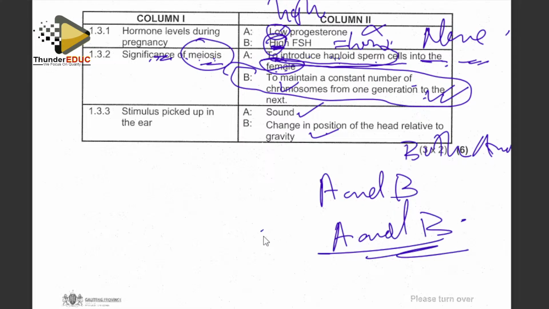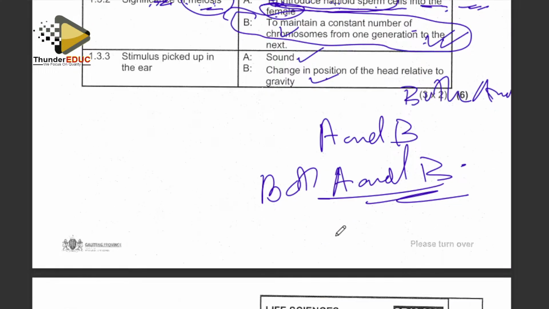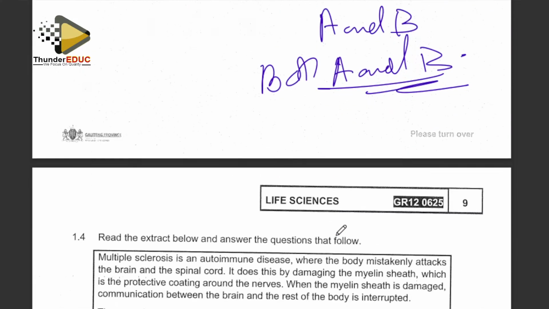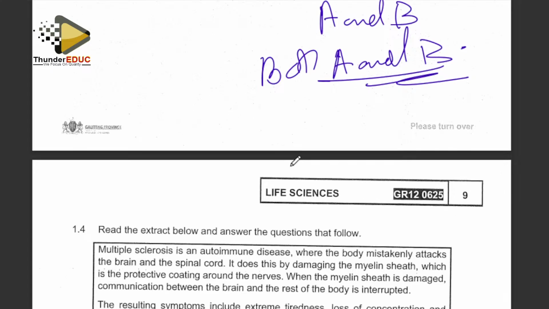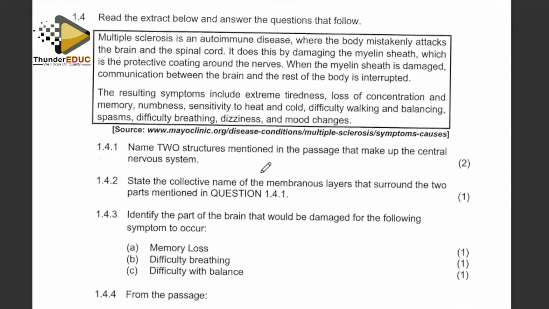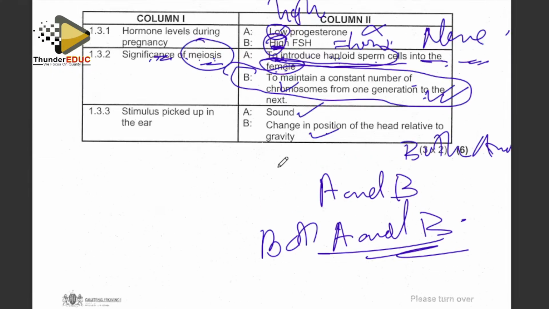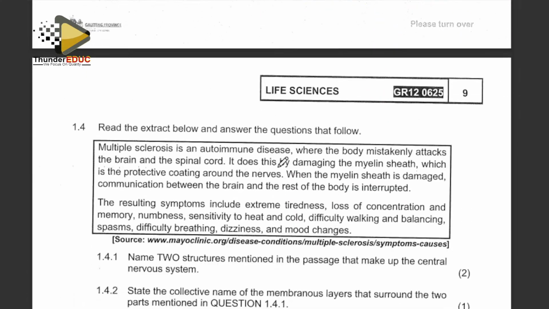Don't just say A and B. The word both must be there. If it is not there, it will depend on the mercy of the teachers and the discussion which is going to come out tomorrow. All right. Let's go to the question. Oh, wait. I hope you all got those marks right.